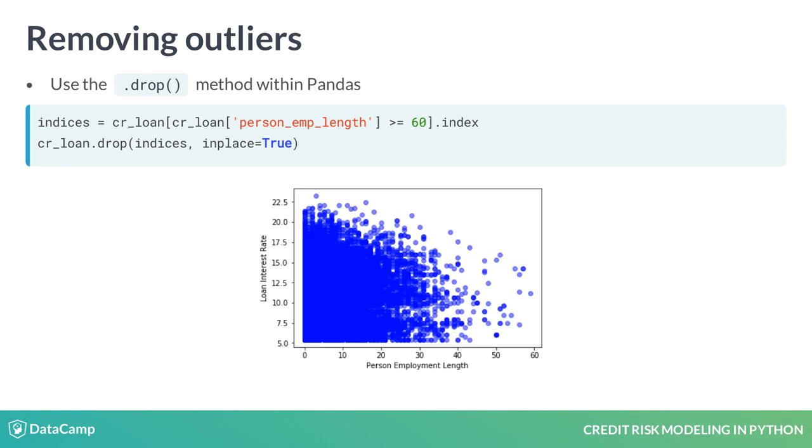Now, we can visually see that the outliers have been removed according to our criteria, and the data looks much more realistic. So,